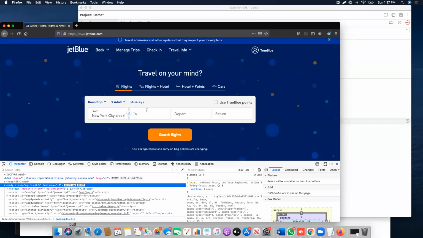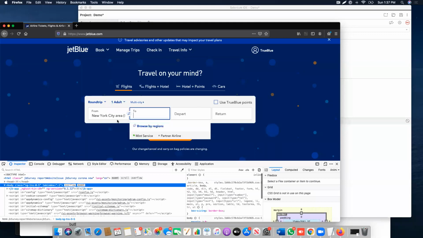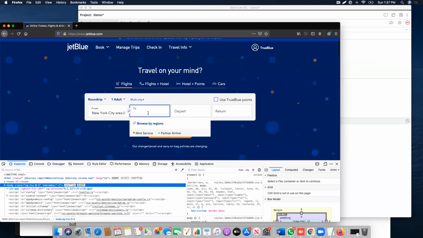exactly it's failing. Okay, so our test case in this case, New York is already by default there. Round trip is by default there. Not one adult is also by default there. And so what I will do is put it on true, which another city, I'll probably choose Florida, and then depart and return, and then click on search flight, and I should be seeing some flights, and then it will